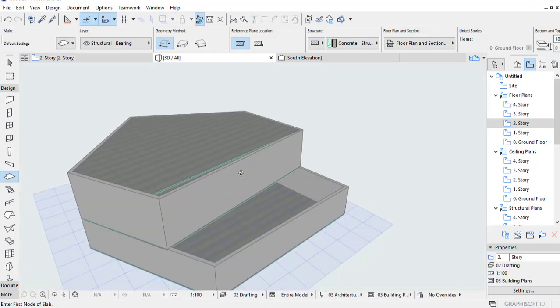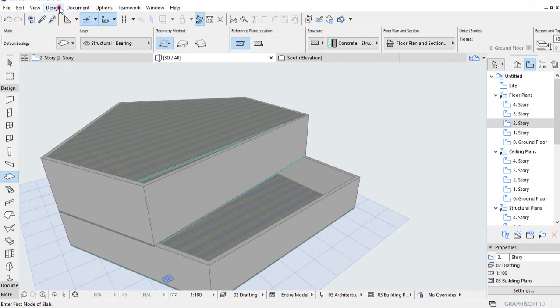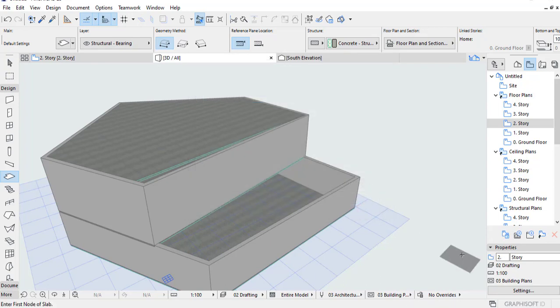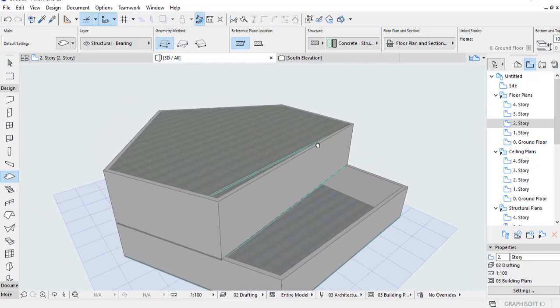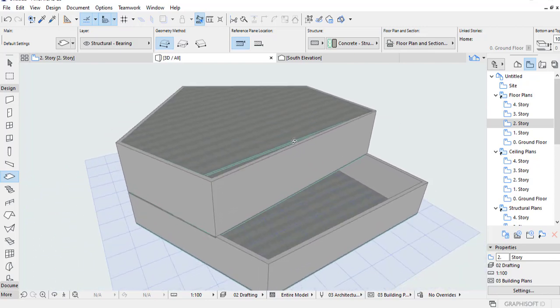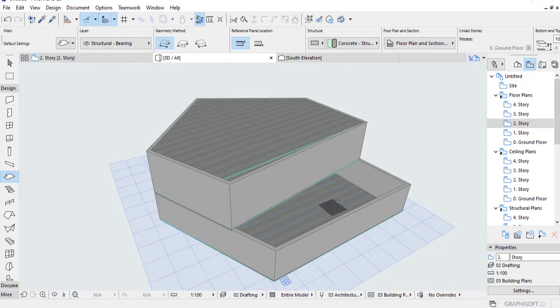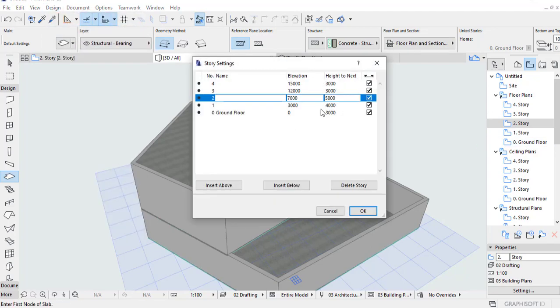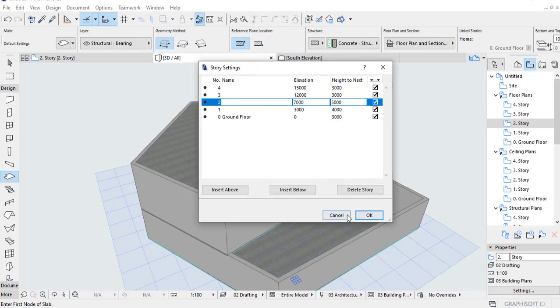It's going to be drawn automatically at the story heights that we just now defined in story settings. So this slab is at a distance of 5 meters from the first story. So yes, that's about it in respect to drawing slabs in relation to stories, and how you control the story settings, and based on these heights how slabs are drawn, right?